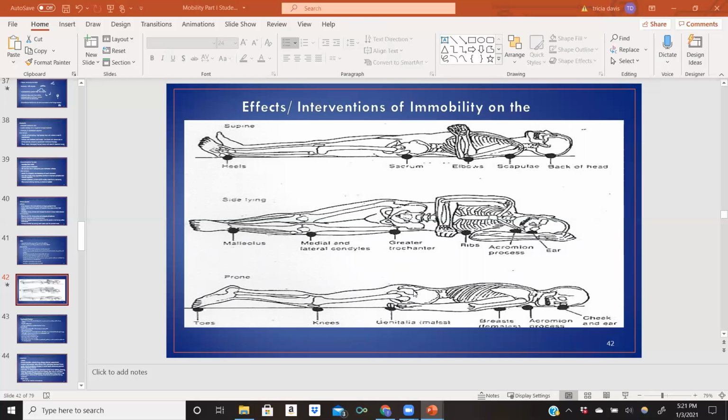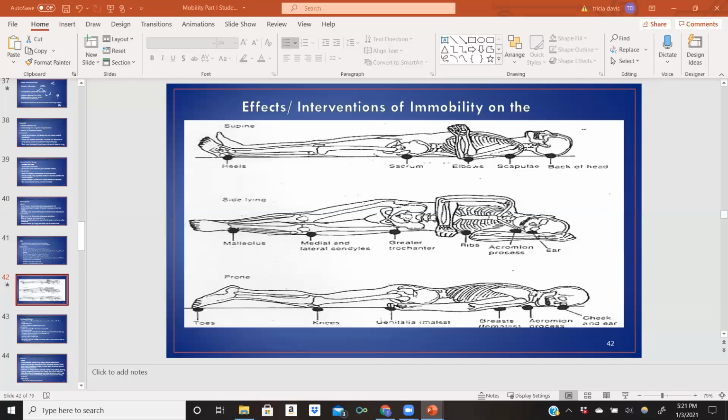And then if they're in the prone position, which I didn't really see a lot of patients in until lately through all this COVID, we place a lot of patients in the prone position because it helps their lungs float up towards their back. It takes the pressure off of them and it helps the air get in there. So if patients are struggling with their respiratory drive, we put them in the prone position